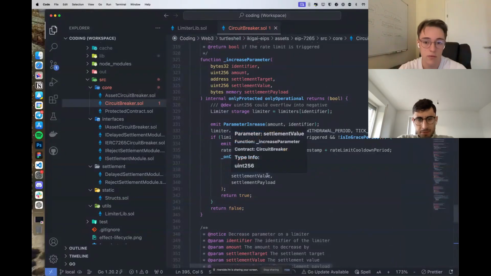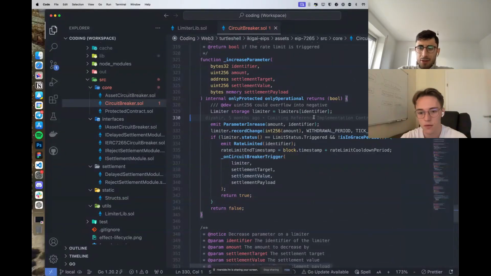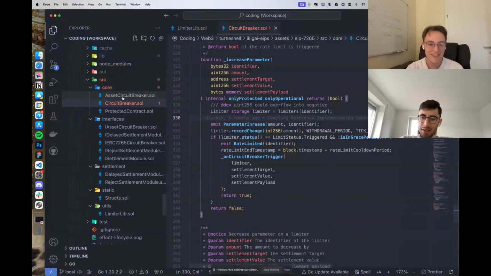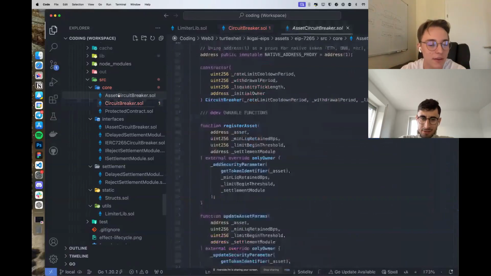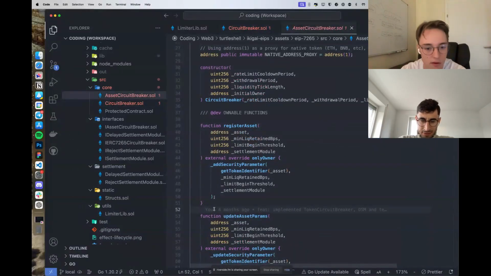Yeah, I have a question, software organization wise. You have a lot of functions that call exactly one internal function. What's the reason for that? Yeah. So this is because the asset circuit breaker also